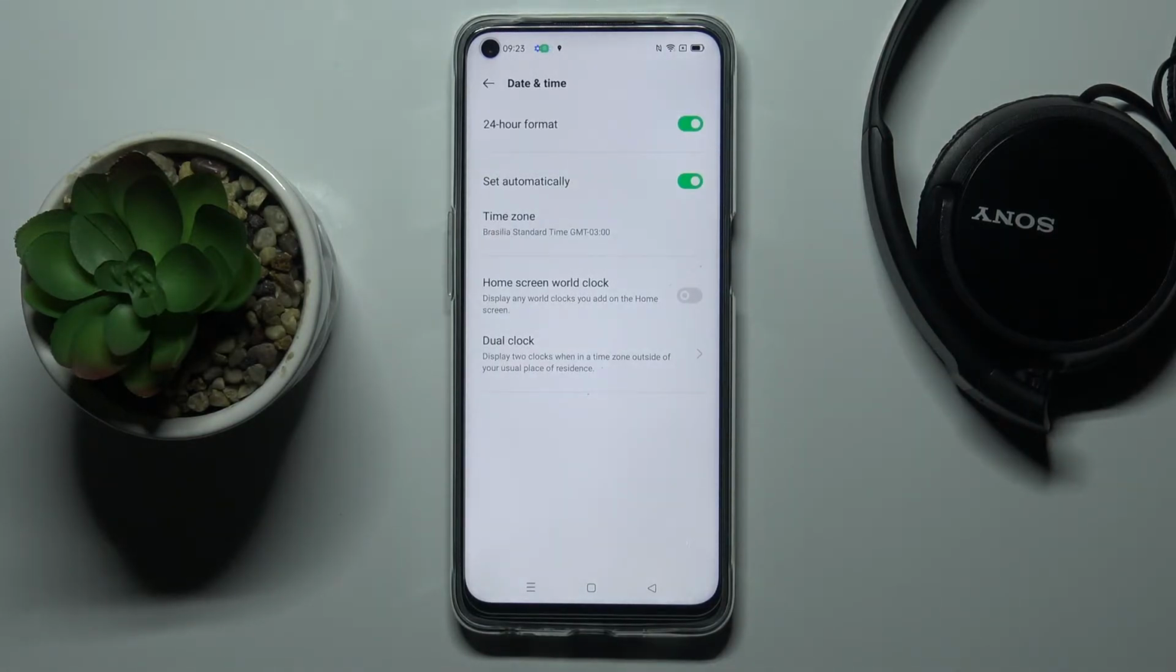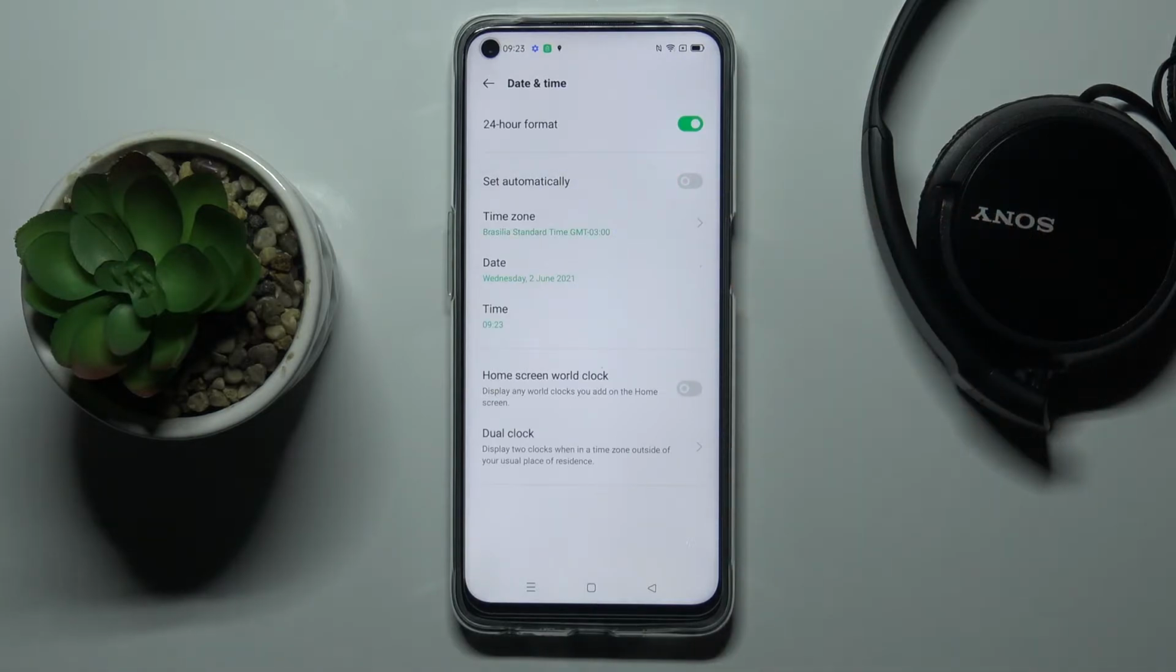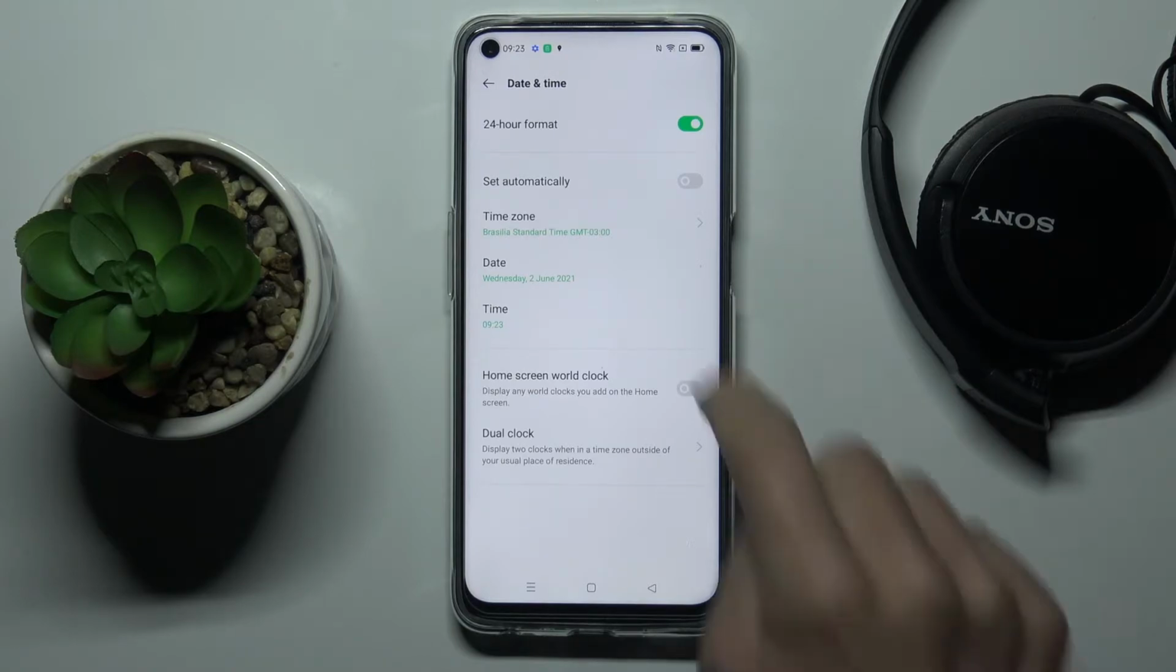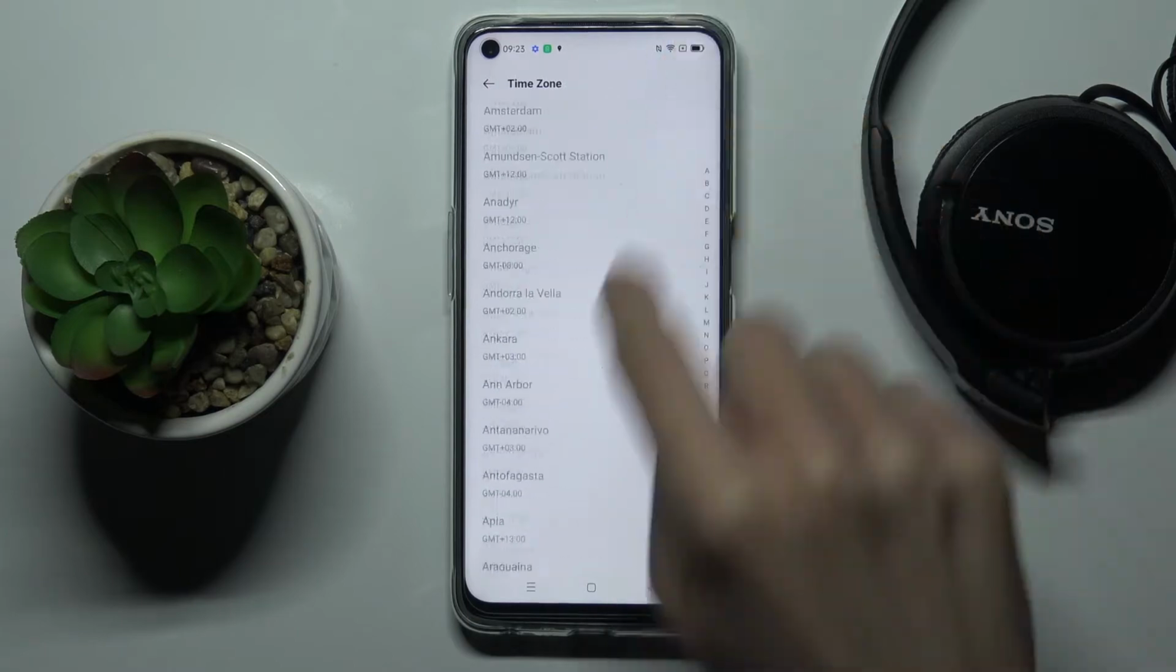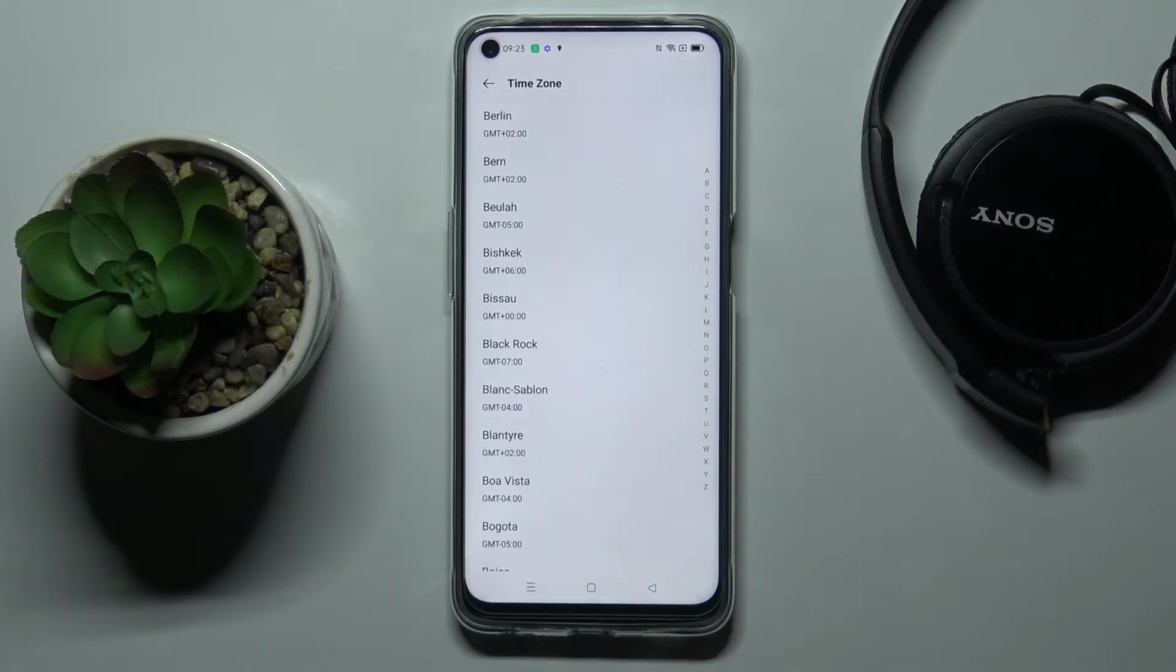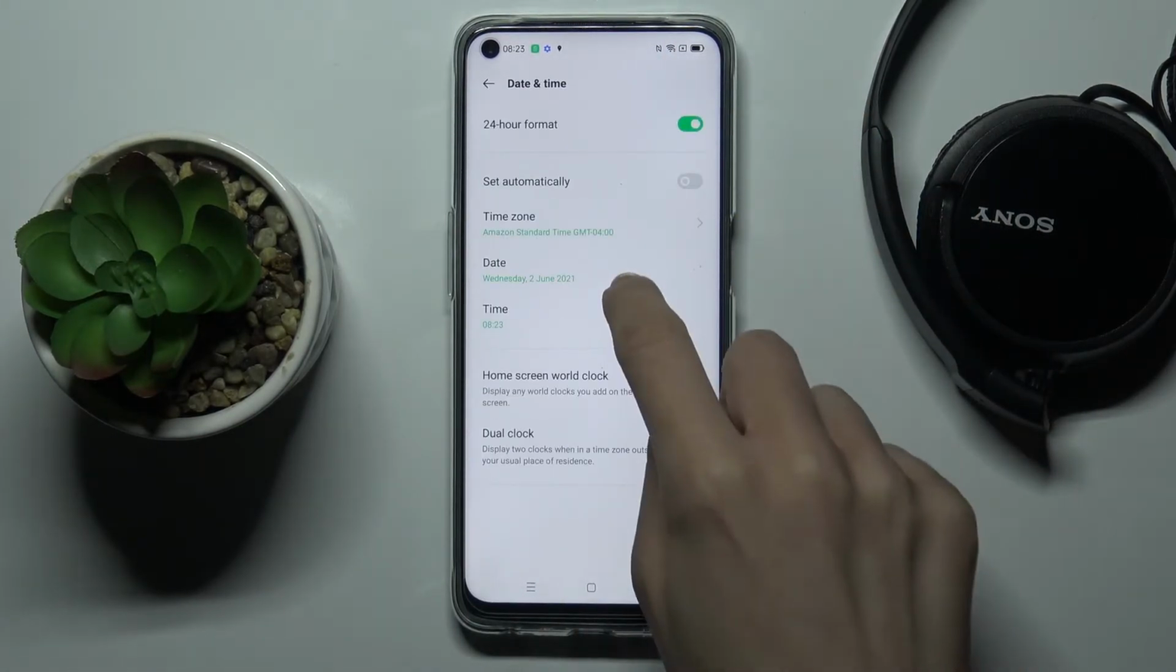And right here you can either use automatic date and time, or you can turn it off, and from now on you will be able to personalize it accordingly to your needs. So at first you can change the time zone. Right here you can pick whichever you would like to have, and then select date